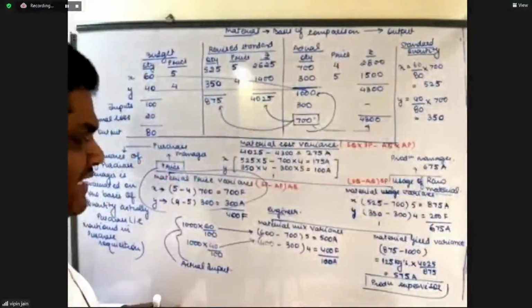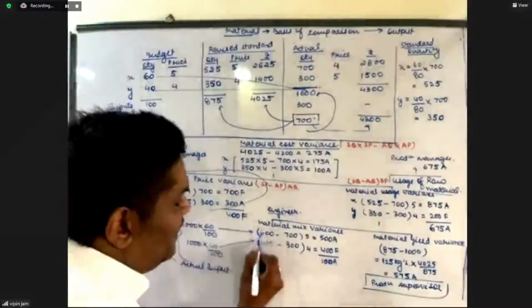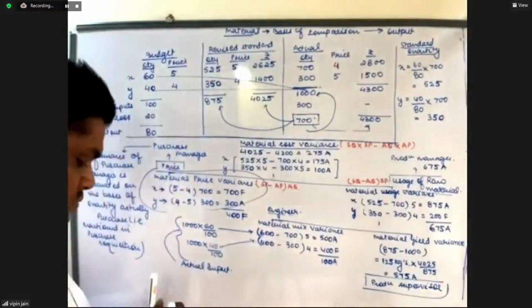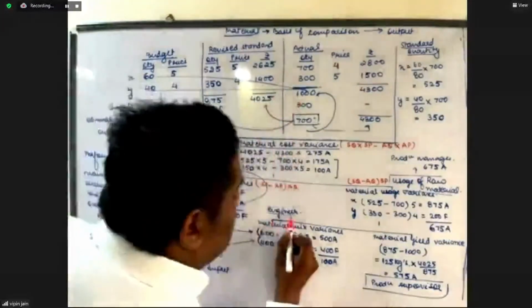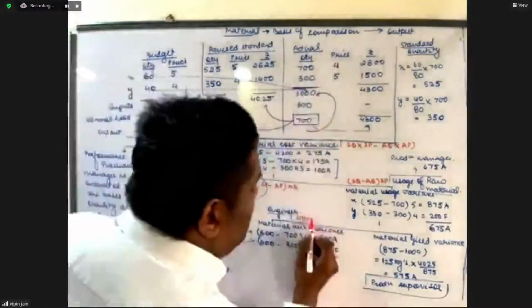Again, when talking about mix variance, what should the mix have been? That is my standard mix. What should be the mix? That is standard mix minus actual quantity